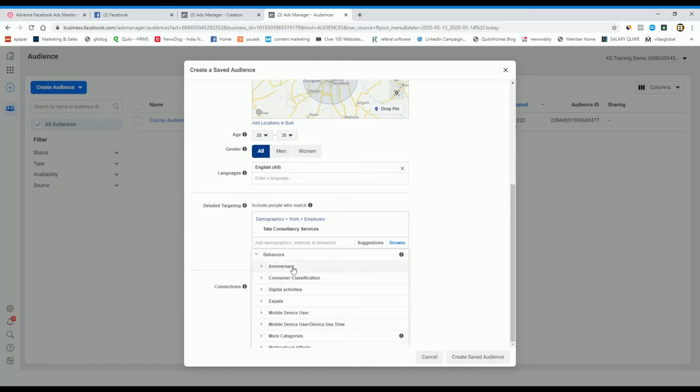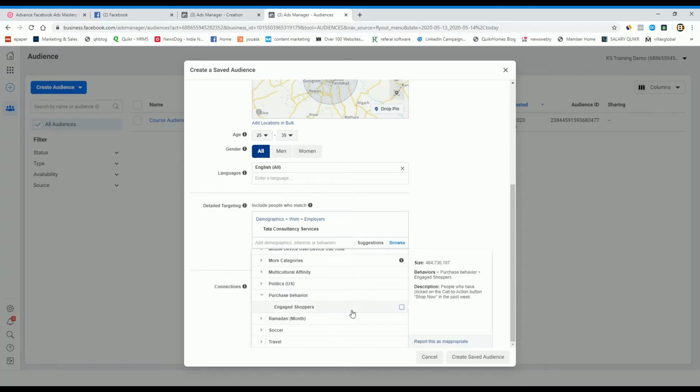Behavior is all about their day-to-day life, what they're doing, what they're using, any mobile phone, their political views, their purchasing behavior, whether they are shoppers. So you can select as per their behavior also, what they are much interested in shopping, whether they always use an Android phone or iPhone. So you can go deeper by their behavior also.